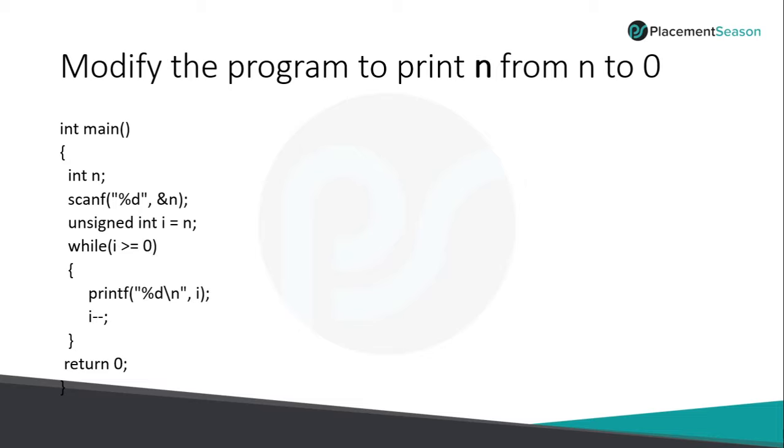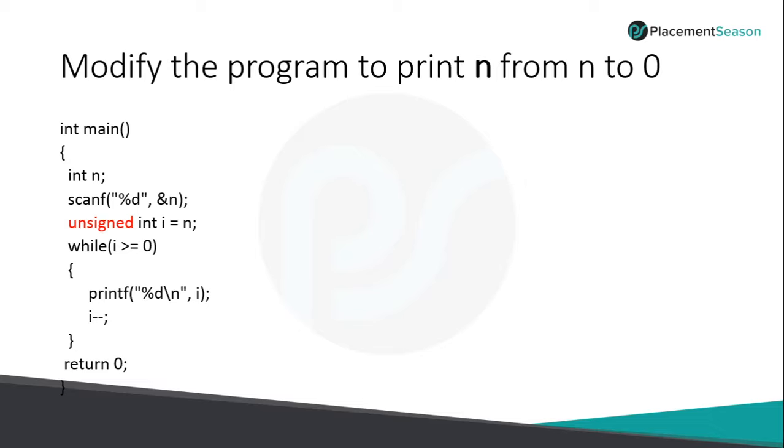So if it reaches 0, this program will execute until i is greater than or equal to 0. This program will stop if it goes into a negative value, right? But if you use an unsigned integer, it will never go to a negative value. In simple words, this program will stop if it gets a negative value, but with an unsigned integer you won't get a negative value. So the change you have to make is to remove this unsigned in this program, and you will get the proper output. This is the type of question which you can expect in the Cognizant Automata fix. You need to understand the code and find out the answer.